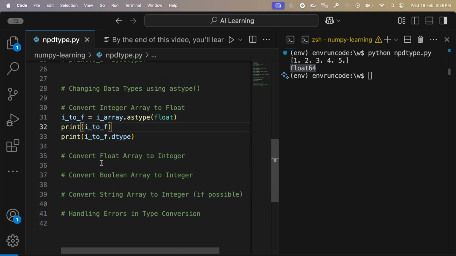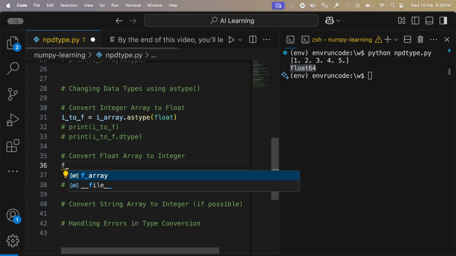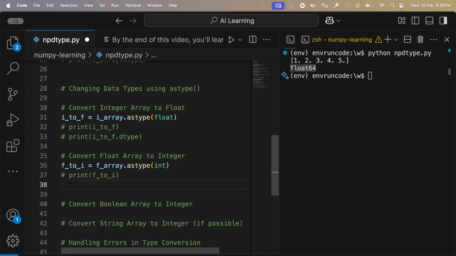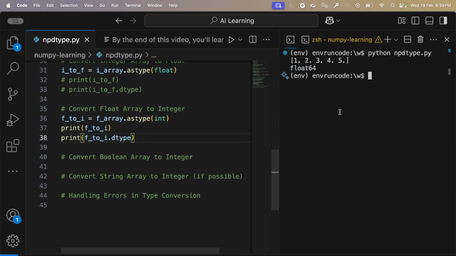So let us see this. Let us comment it down, and create another array, float to I. Take your float array, call the method astype, and pass the data type int. Print the value and print the data type as well. So this time, what are you expecting? Okay, let us see. We are getting the value as 1 2 3 4 5, and the data type is